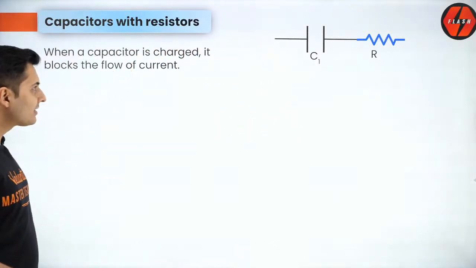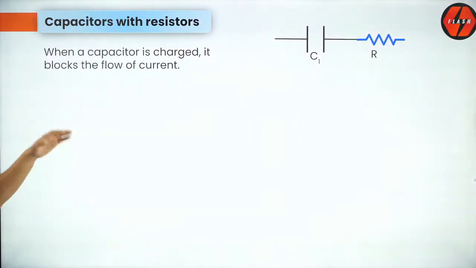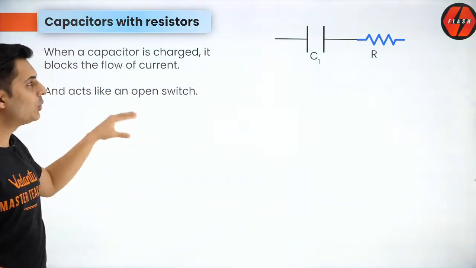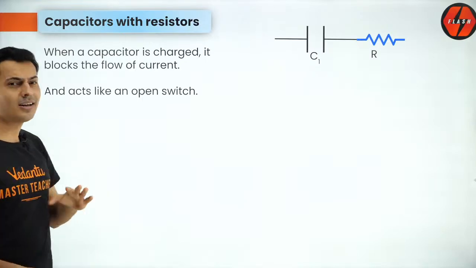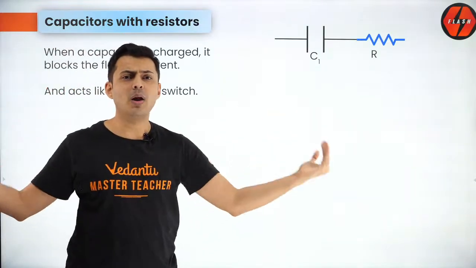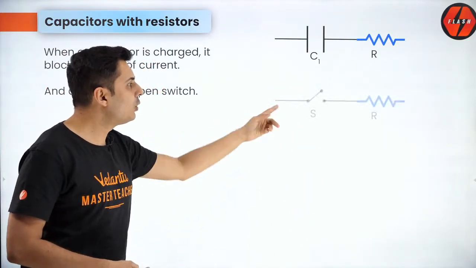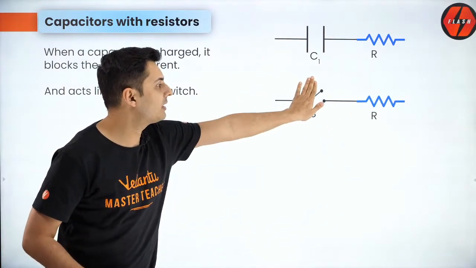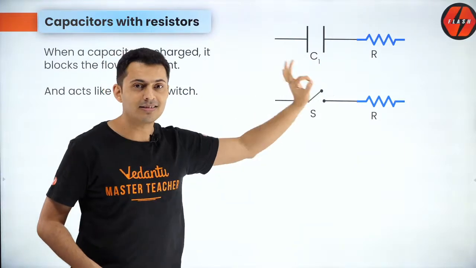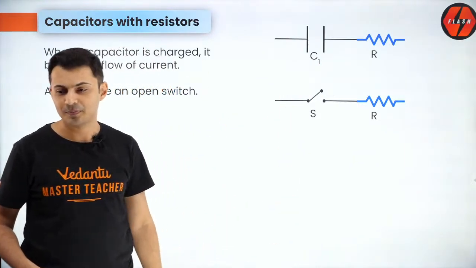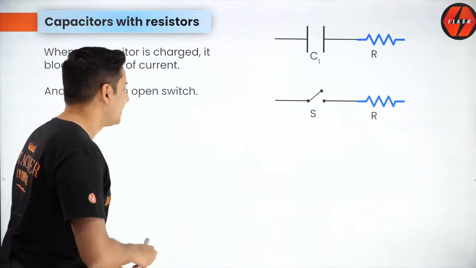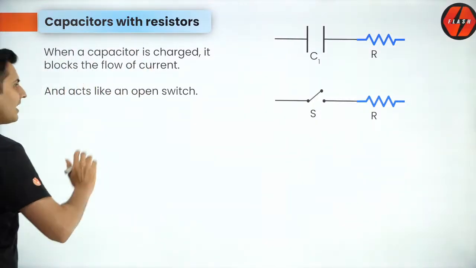So that means, if that's the situation, you can always convert that capacitor into an open switch. What is an open switch? It blocks the current. So this is no different from this circuit. These two circuits are equivalent. We can just break this apart. That's it. So that is the trick to solve these questions. Just keep this in mind. Just keep this in mind. So now, if this is understood,